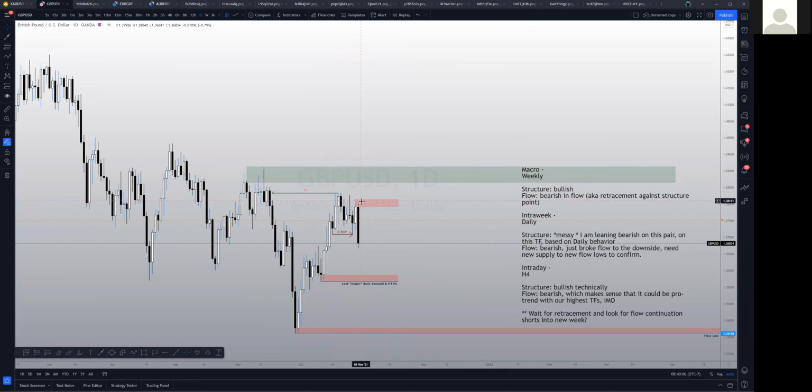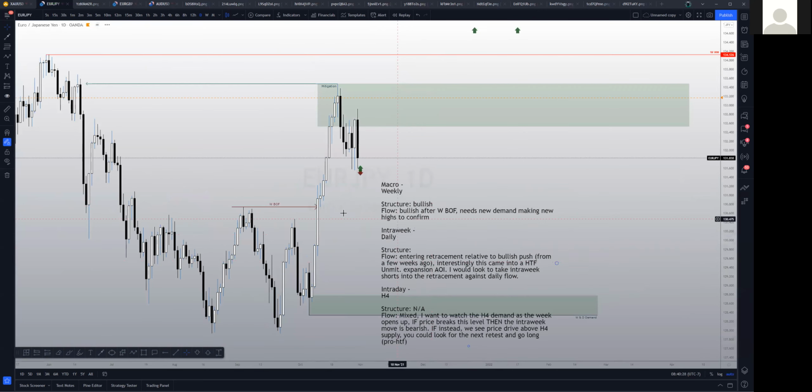I'm doing nothing because I'm still within this big bearish leg. Above the green zone, I start to look long-term bullish. However, it's just not there. So until that can happen, or until we react with a demand level that makes sense and switches our flow and structure, I just can't look long on this because of the high time frames. For now, I'm preparing for short moves heading into this next week.